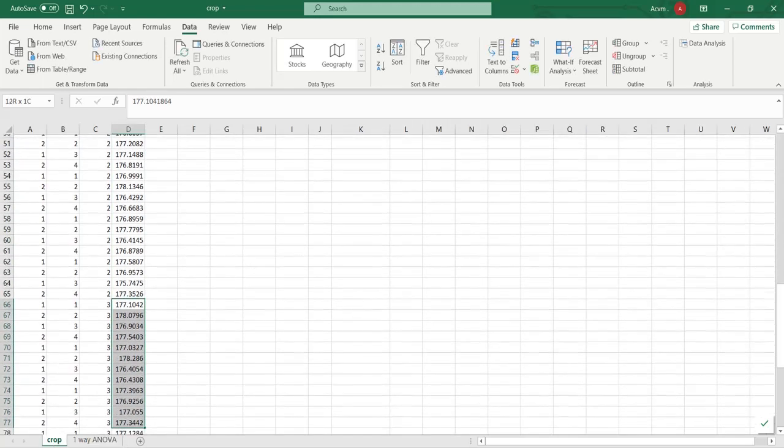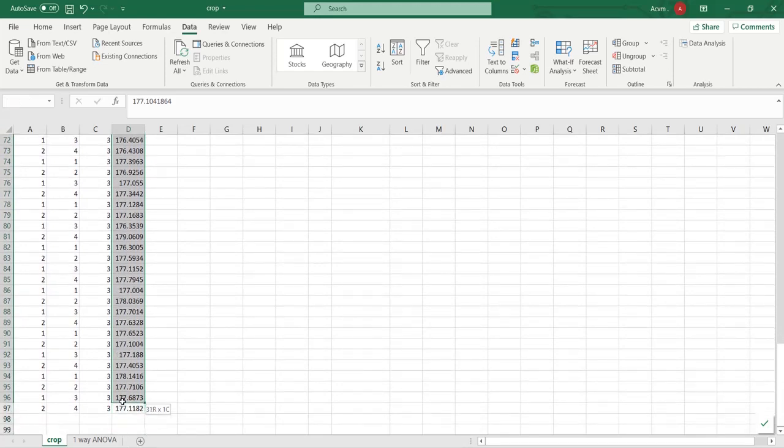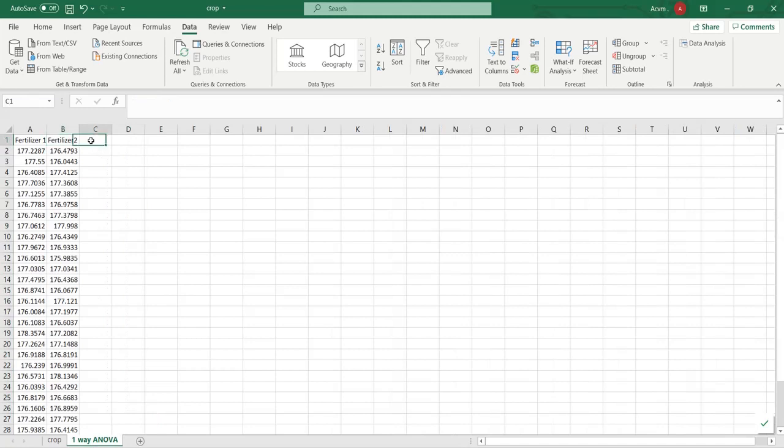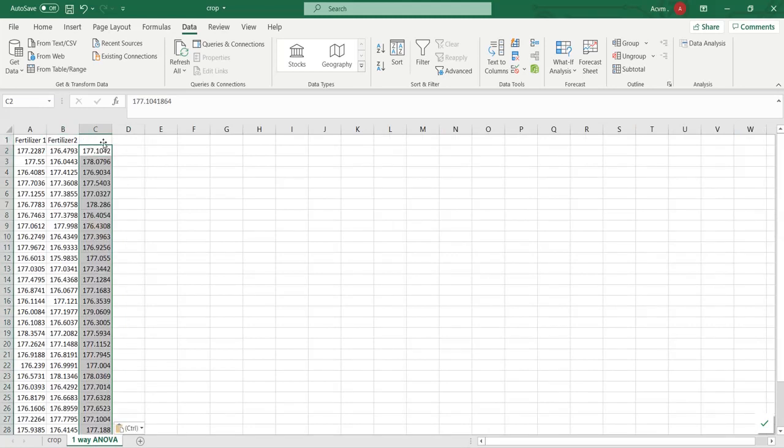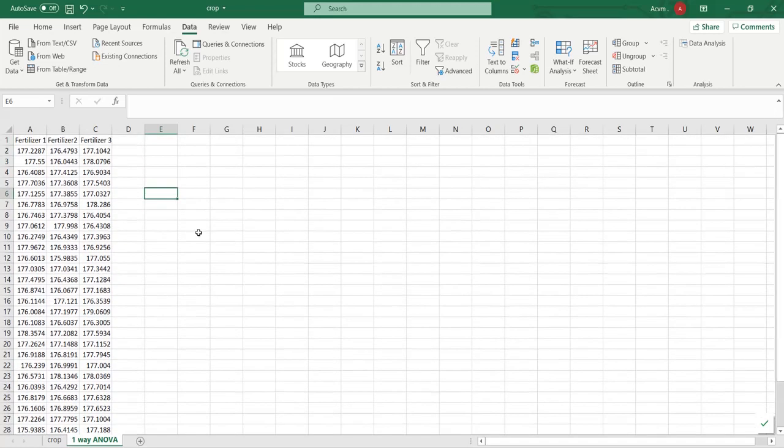Now let me select the data for fertilizer type 3 and paste it in a new column. Let me name the column as fertilizer 3. Now our data is ready for the one-way ANOVA analysis.